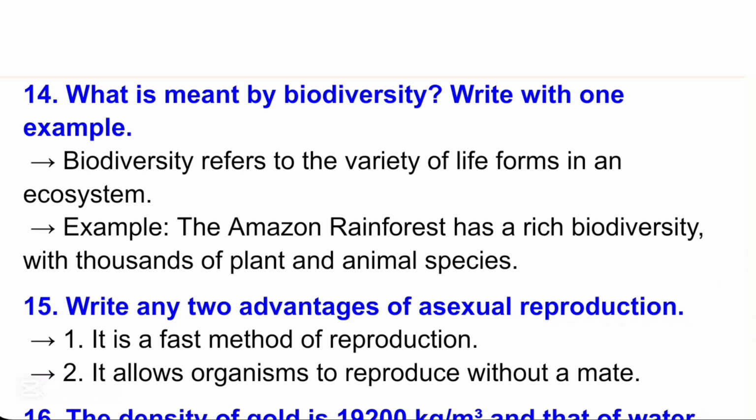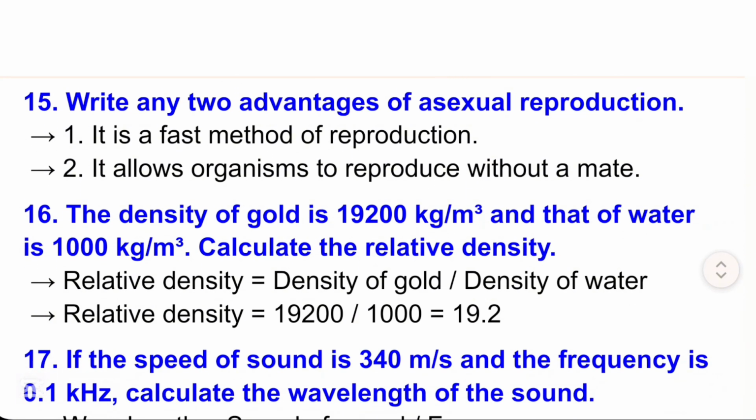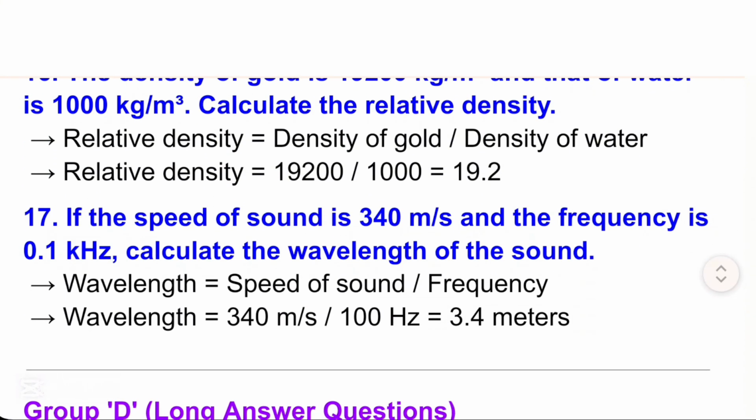15. Write any two advantages of asexual reproduction. 1. It is a fast method of reproduction. 2. It allows organisms to reproduce without a mate. 16. The density of gold is 19,200 kg per cubic meter and that of water is 1,000 kg per cubic meter. Calculate the relative density. Relative density equals density of gold divided by density of water. Relative density equals 19,200 divided by 1,000 equals